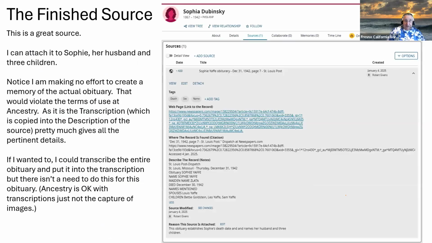Okay, this is what the final source looks like when it's opened. It's going to have the URL link. And of course, now you realize this is an Ancestry page. It's actually newspapers.com. The person doesn't have the subscription to that site. They aren't going to be able to see the original record. That's why we did the copy and paste of the transcription. So at least the transcription is available